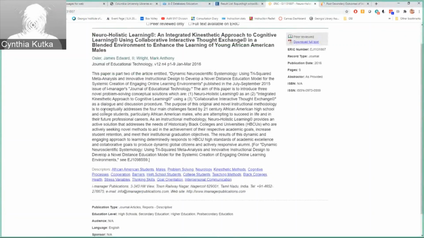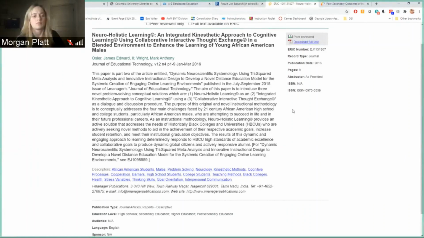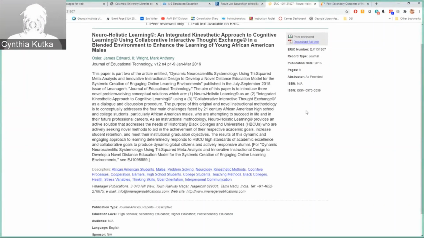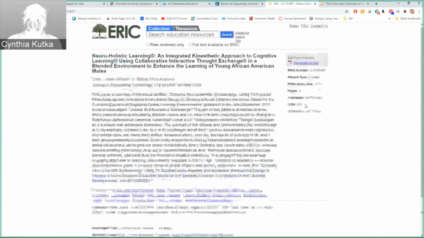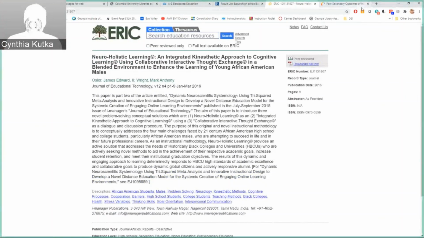Once again, be sure to look at the descriptors, look at the abstract, because it may give you synonyms that you want to try for a new search, a more precise search perhaps, or a broader search. And that was very fast. I'm going to let you go ahead and do your hands-on, but remember, if you don't think ERIC is suitable for your topic, then you can try Academic Source Complete, or you can try any database that